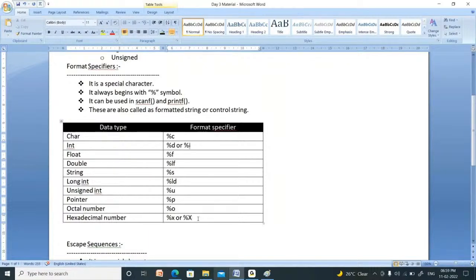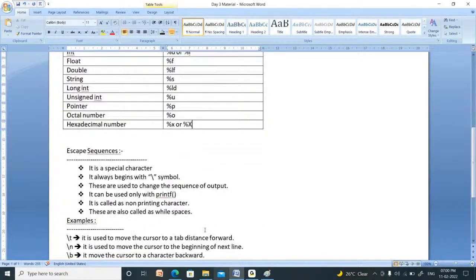In the same manner, if you want to represent the format of data, you have to use %c, %d, %f, like that. Right. Next one is escape sequences.